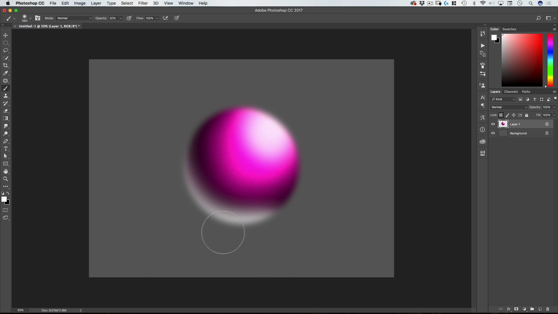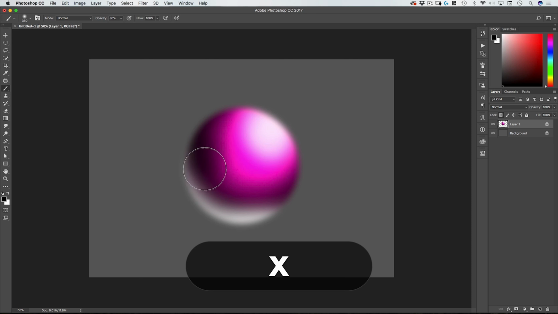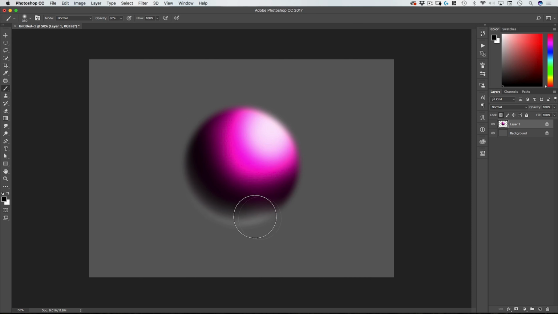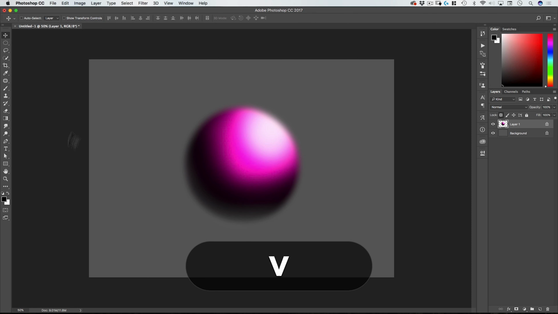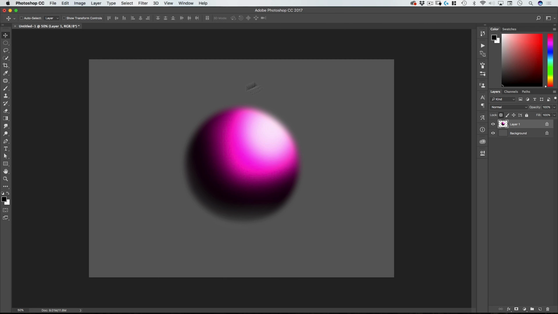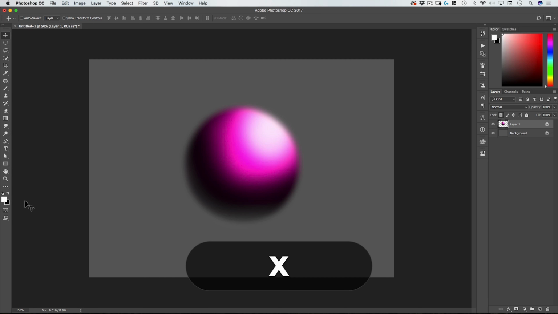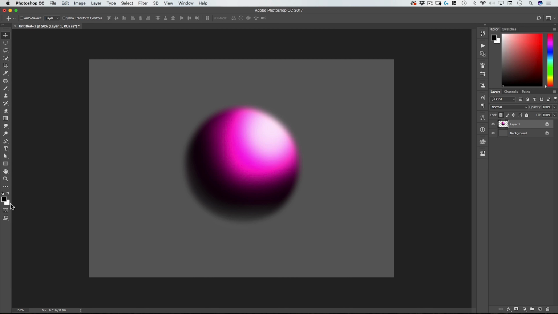Yeah, it's not as nice as I'd like it to be. Hit X again. Oh, you get the idea. Okay, and that works amazingly well when you're doing masks or anything where you need to regularly switch those two colors. Okay, so again, X to switch the colors, D to default to black and white.